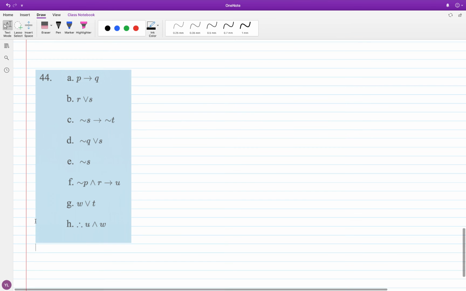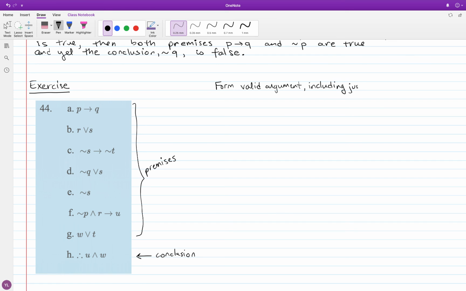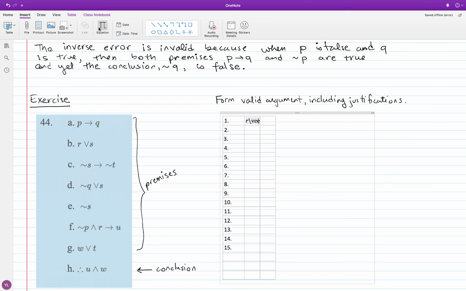So finally, I want to go through an exercise to help us become fluent with building arguments. What I have here is an exercise from section 2.3. I've got a bunch of premises listed here and a conclusion I'm supposed to draw from those premises. I want to go through very carefully making a sequence of valid arguments, citing each of those arguments as I apply them. So I'm going to observe that one of the premises is R or S, that's premise B,